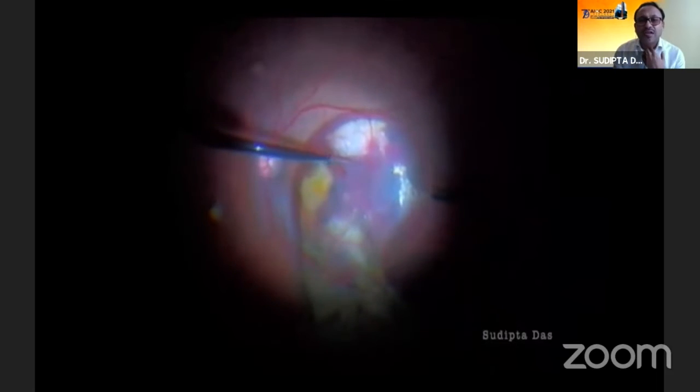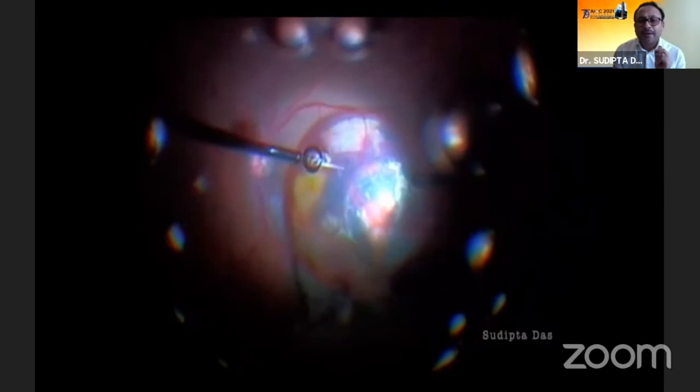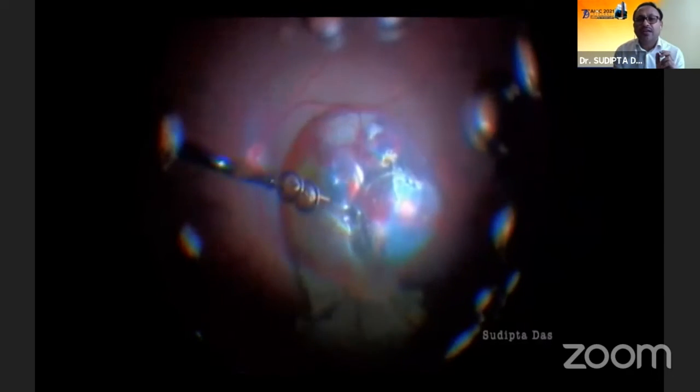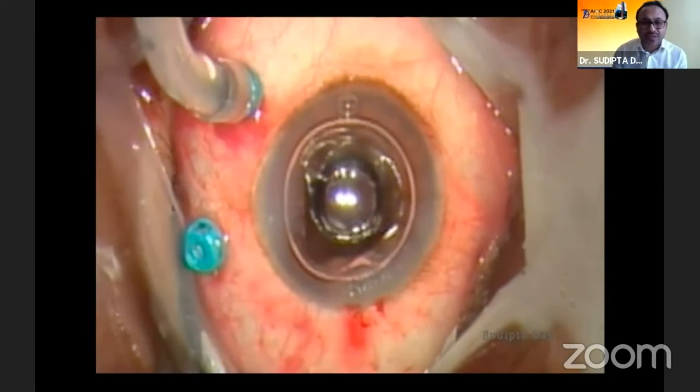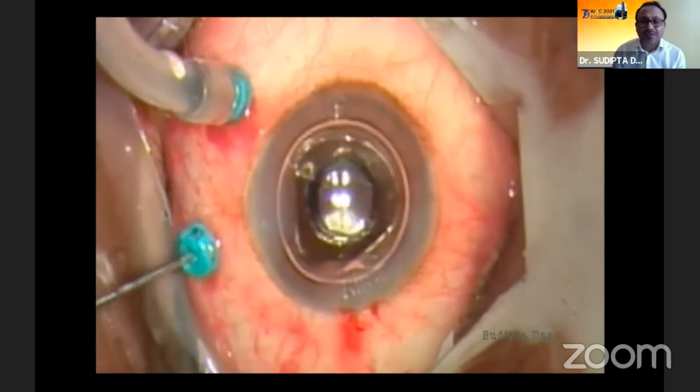I wait for a minute after giving this tissue plasminogen activator, followed by subretinal air, filtered air. Also very tiny bubbles. You have to be very cautious about injecting these tiny bubbles in the subretinal space. And this was after the bubbles. You can see a very nice blister with the cocktail mixture of TPA and air subretinal. This was followed by fluid-gas exchange, exchanged with C3F8, and intravitreal anti-VEGF was given. I didn't give subretinal anti-VEGF.